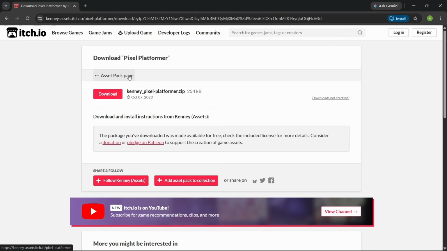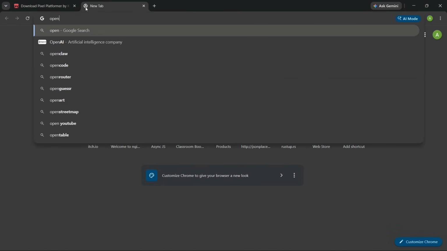So it creates a lot of assets that people can use, and everything is CC0, so public domain, no attribution is required, it's completely free of cost, but you can give a little kickback and donate to him if you like his work. So simply download this one. While that downloads, you can go to